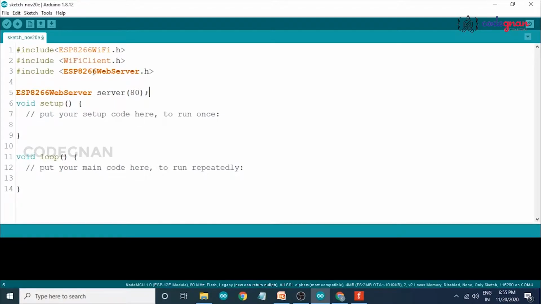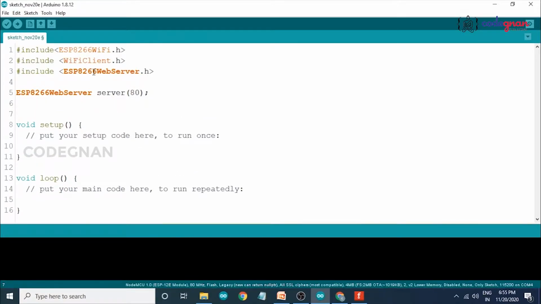Now we have to tell our NodeMCU our Wi-Fi credentials, so const char.